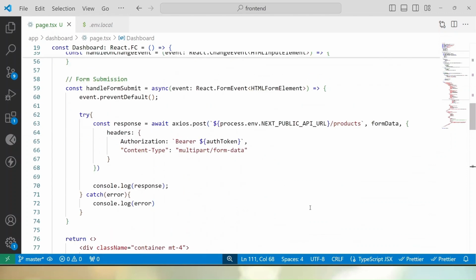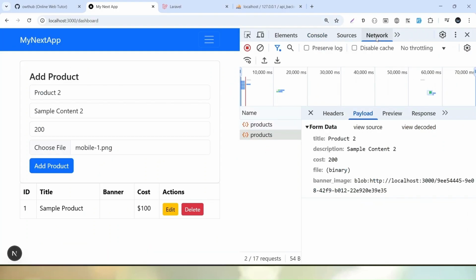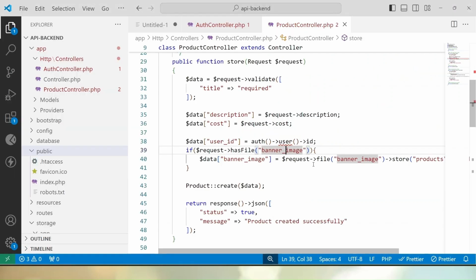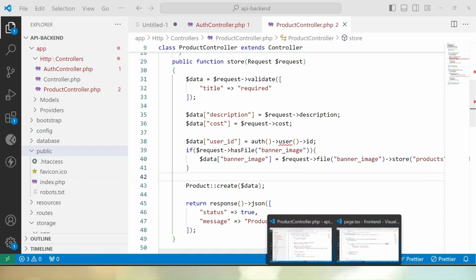And if I go back to our handle form submit, and let's first check that what we are getting inside this form data. So if I go back to browser, let's go inside network tab, inside this second API call, inside payload, and now we can see inside this banner image, here we have a temporary link of that file what we have uploaded. But inside this file key, we are sending complete file information in binary format. But the thing is that inside our API backend, instead of file, we are searching the file information inside this key called banner underscore image. So what we can do, either we can change this banner image to file, or it's better if I go